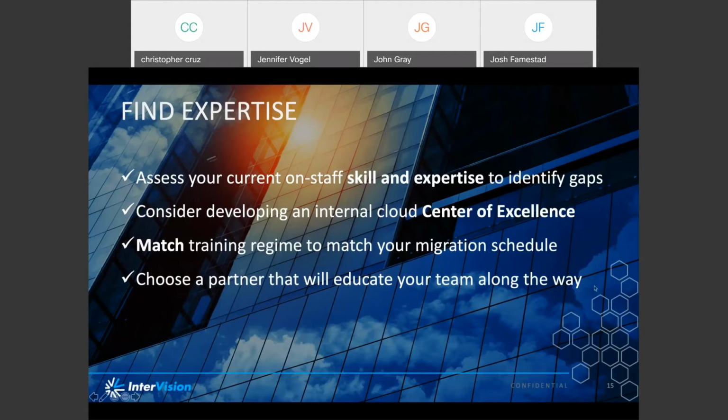Consider developing an internal center of excellence, is the term that everybody's using now. A group of people who really are skillful at the various things that need to be done across those different areas that we showed on the diagram earlier. And then how do you train that group out? What training do you need? Is it certifications, Cloud Guru, Linux Academy? Or what is it you need to do to get the team more up to speed? And, often, get a partner to help do the work and educate your team along the way.